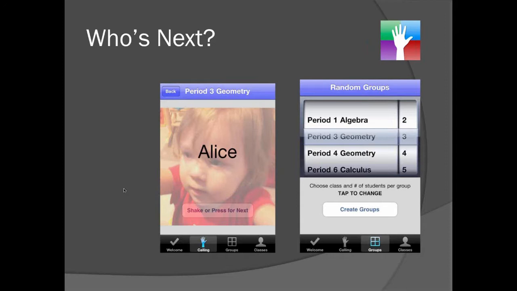And again, it's an app that you can get for your phone or your iPad. The great thing about that is that you can differentiate for your students. Maybe Alice is somebody that you need to ask some more evaluative questions. It can help you with question stems that you can align when you're thinking about Bloom's taxonomy. So when that person's name pops up, there are some question stems to help you make sure that you're asking higher level questions of your students.